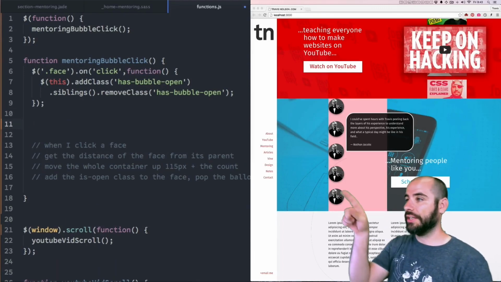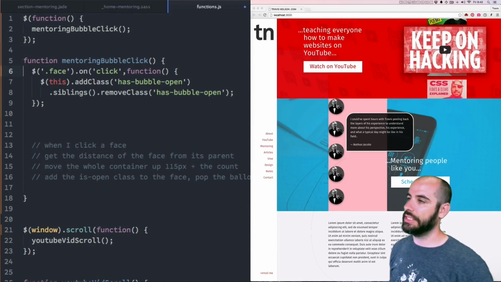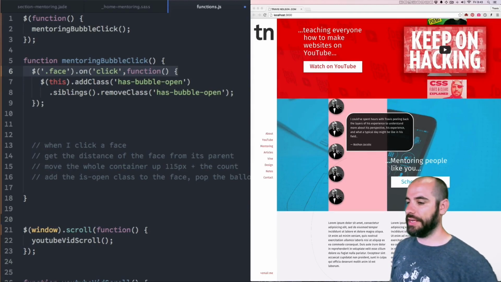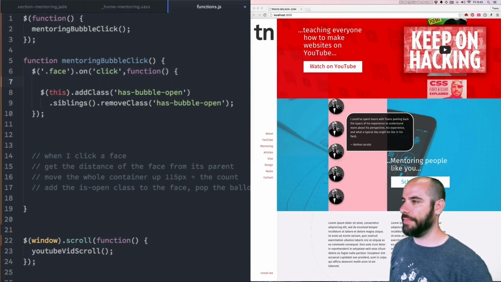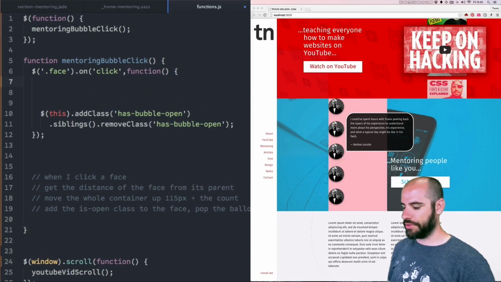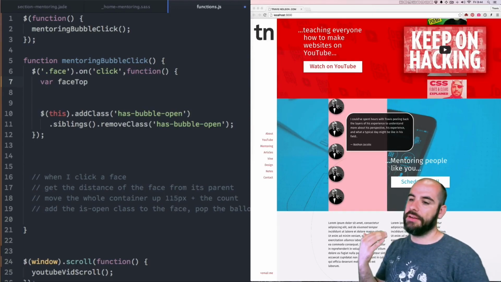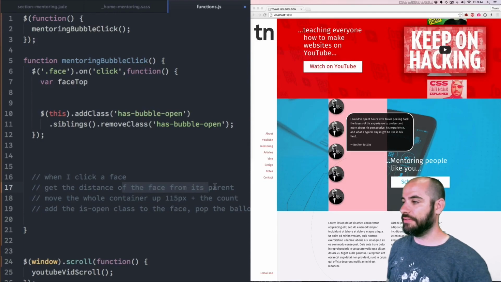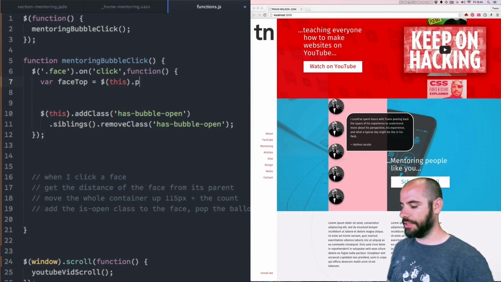We already have a click method up here, so we can just tag along right there. When we click this face, we're going to have to get a few bits of information from it. We'll store these in a variable. The first one will be face top, basically the distance of the face to its parent, right? So equals this, basically